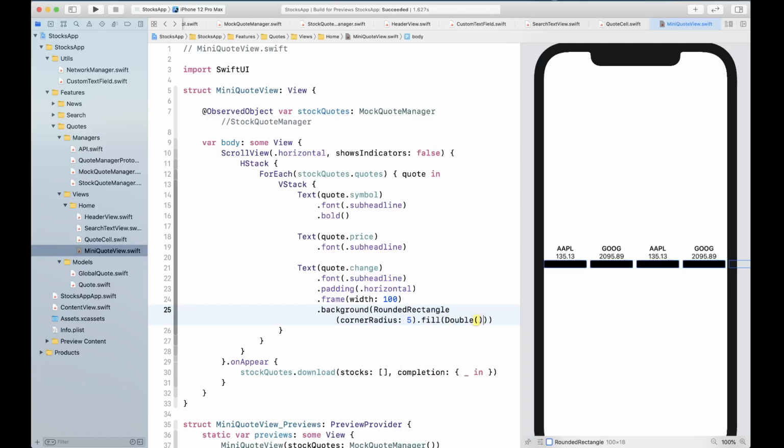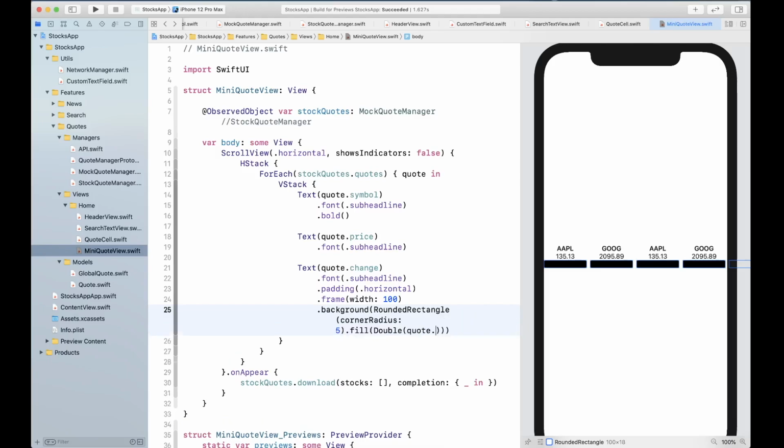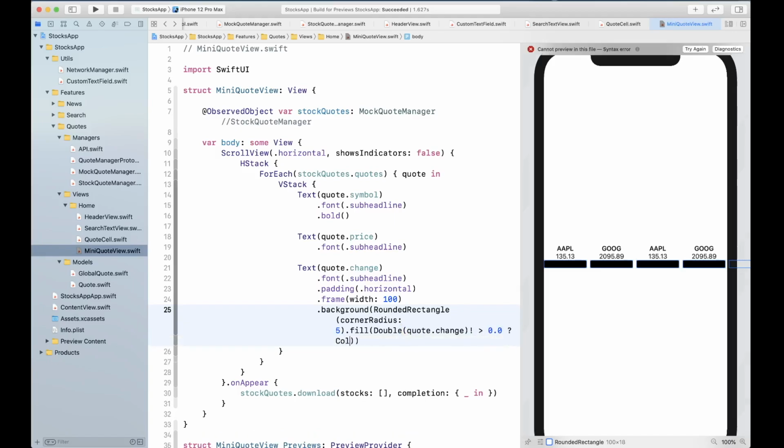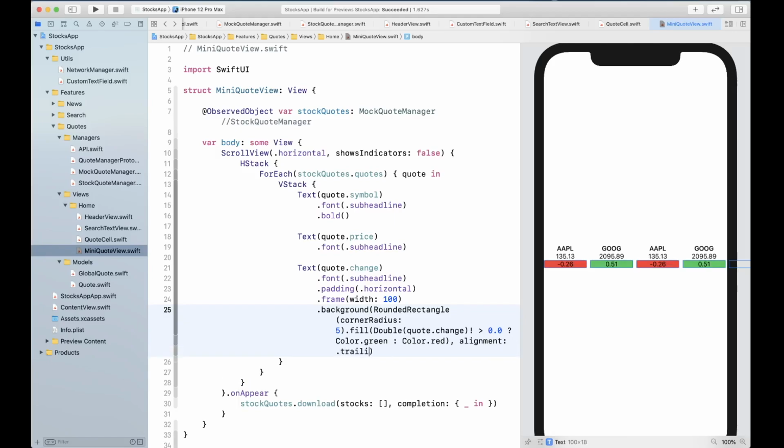Let's first cast our value, string value, to double, and we're going to check if the value is greater than 0.0. Then we're going to say color dot green, otherwise color dot red, and we're also going to give this an alignment of trailing.